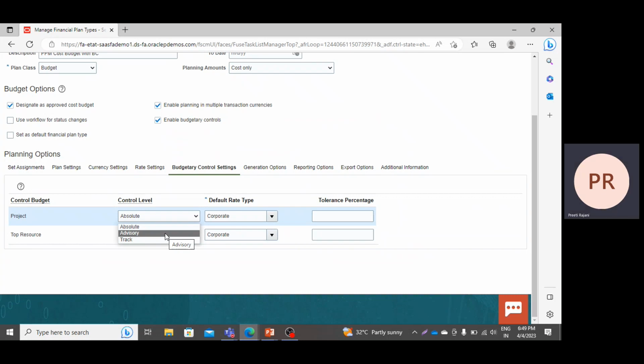You can track your progress on the basis of this. It is only for reporting purpose, only for tracking purpose, like what is my budget and what is my actual amount. You can only track. And the default rate type that you are using here